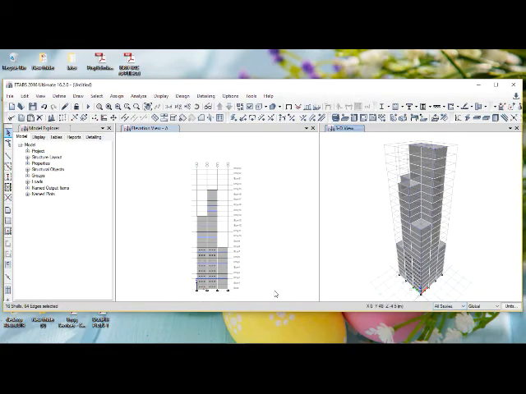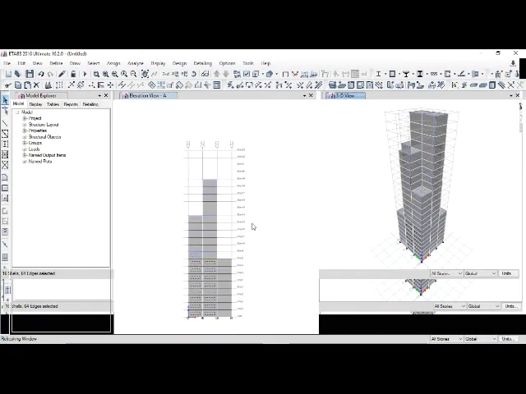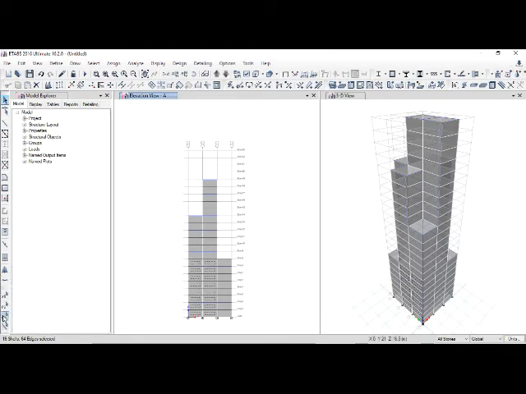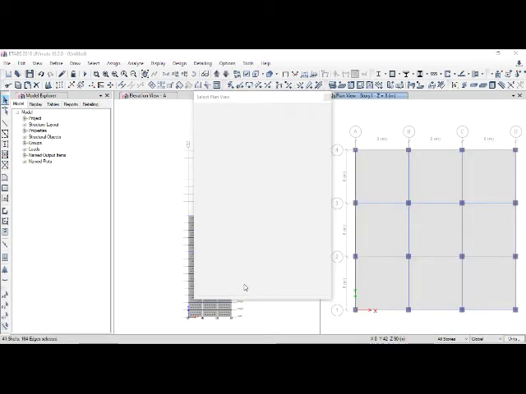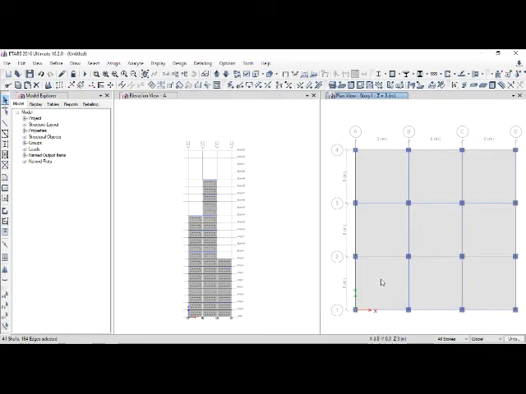So select first all story options, and now you select all the claddings which are in the elevation of A. You can see that there is another elevation on which the wind load will also apply, which is at a different level.